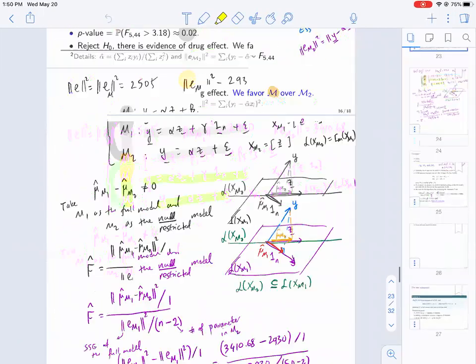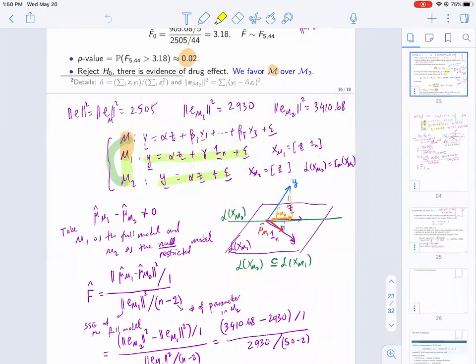I forgot who asked this question, but when we do this test, instead of doing the F test, we could test